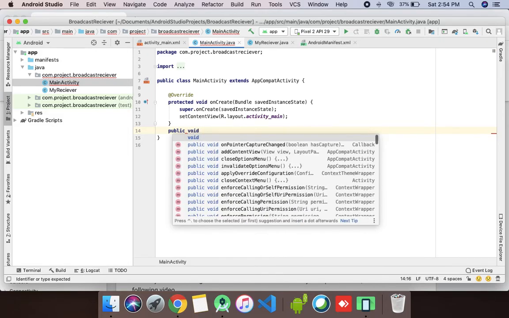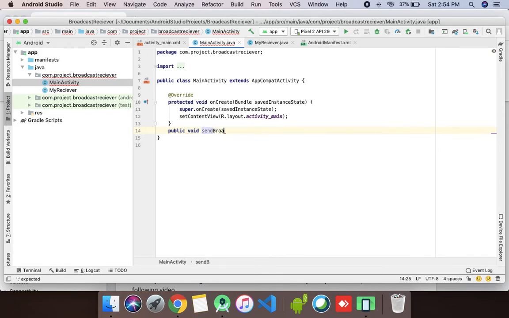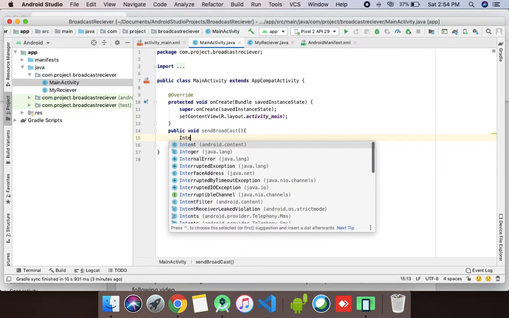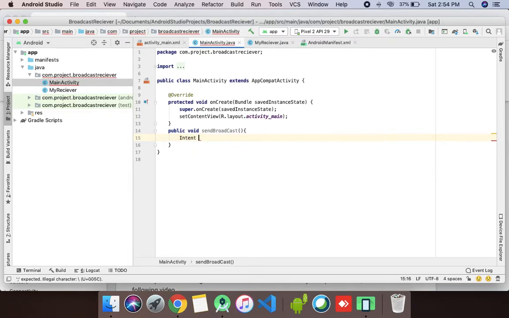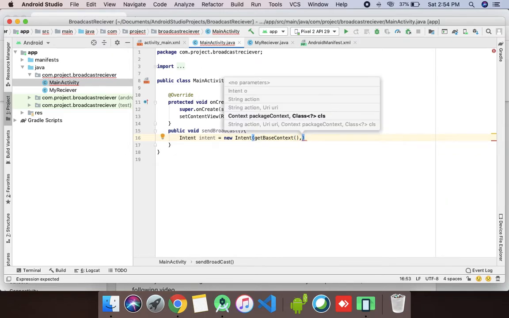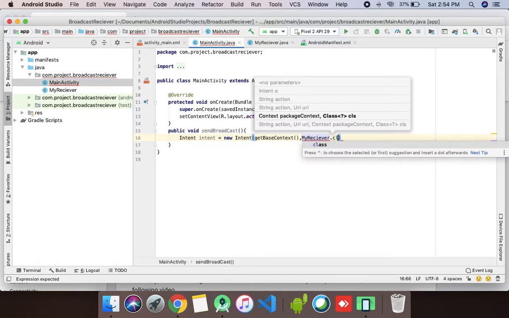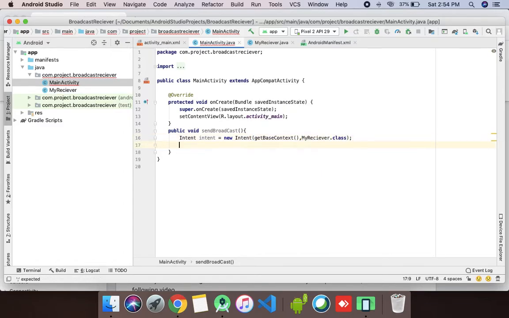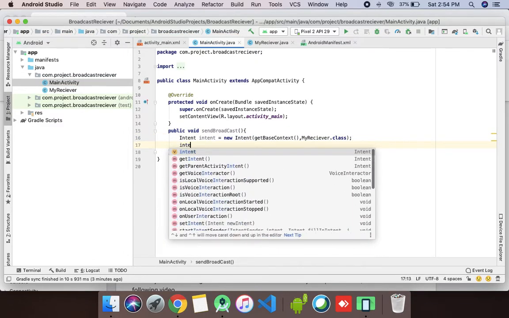We will create one function, sendBroadcast, and create an intent equal to new Intent with getBaseContext and MyReceiver.class. So the intent will know where to go.